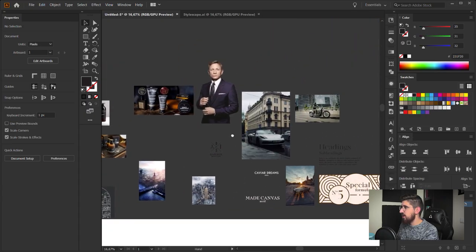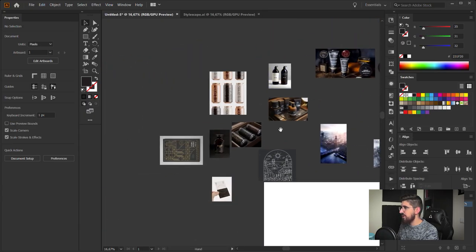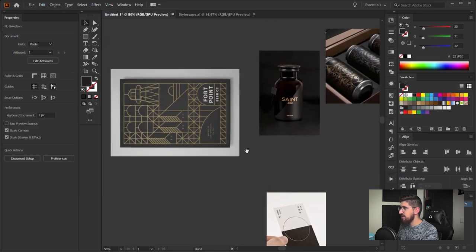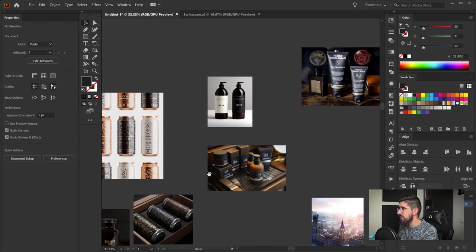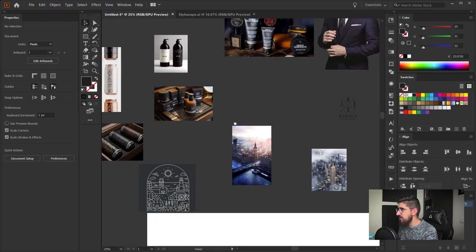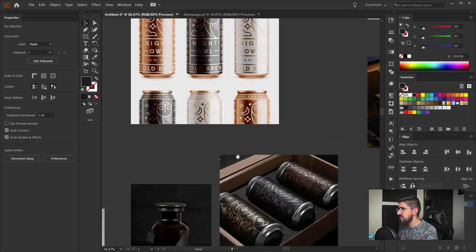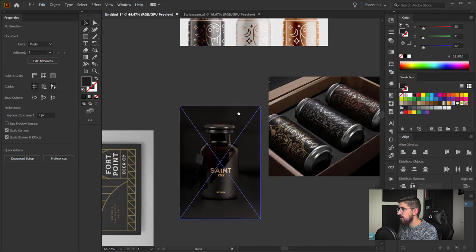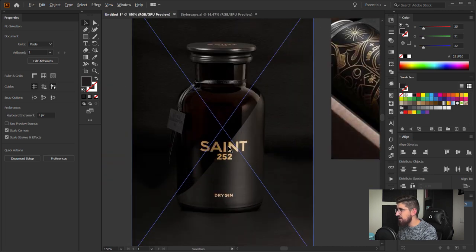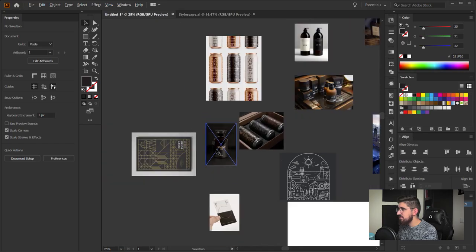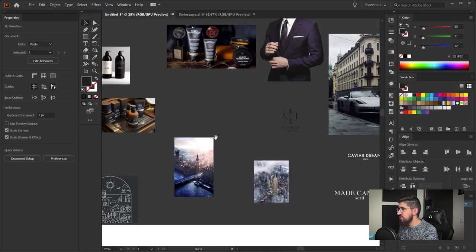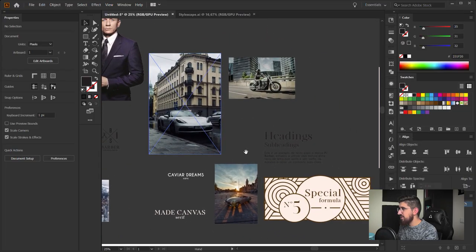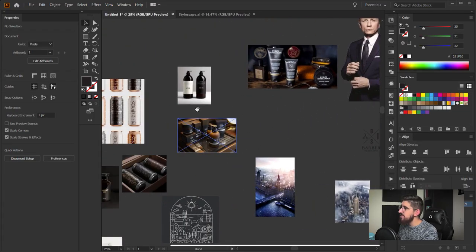It has lots of references of other brands, of other stuff that's not even related to barbershop. For example, here I found interesting those beer cans, this thing that I don't even know what it is, those illustrations, those images of cities and things that could be used as a style